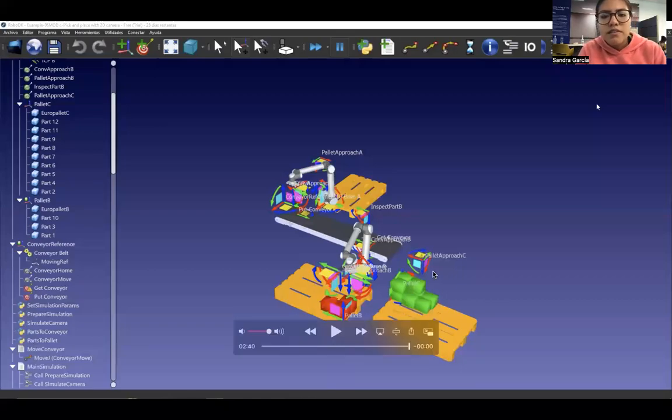Hi, this is my project for automation of manufacturing systems. This is the final project of pick and place operation in the software RoboDK. So we'll start with